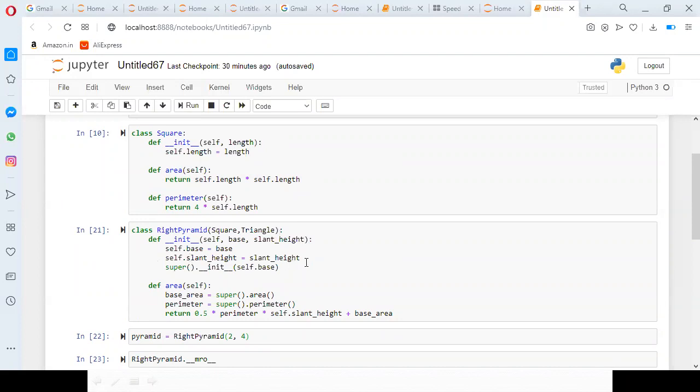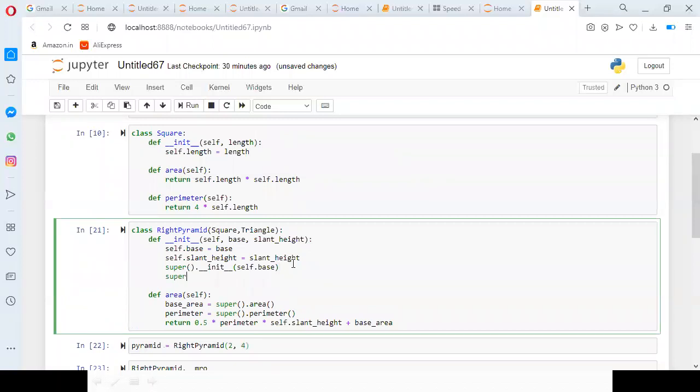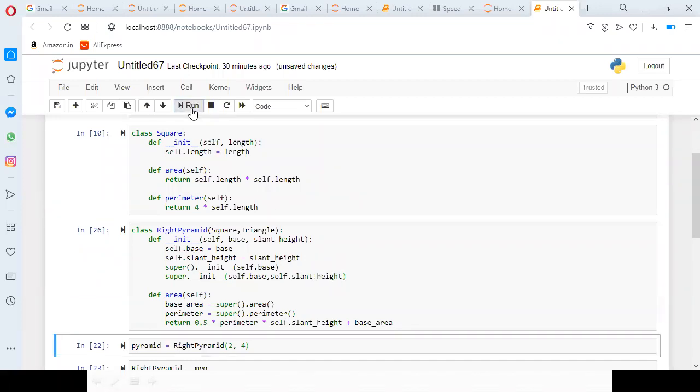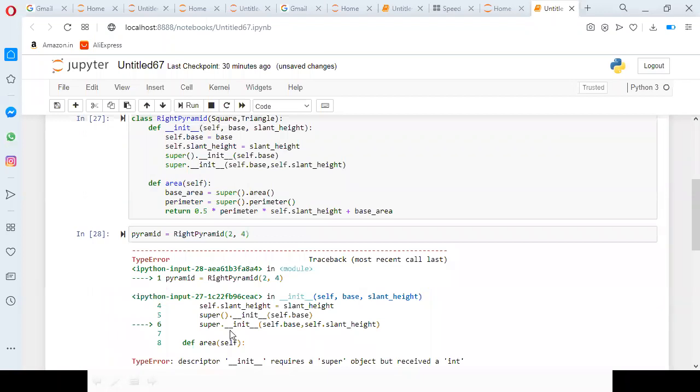So here I'm trying one more example, like calling super dot underscore underscore init underscore underscore with self dot base comma self dot slant underscore height. Whether it is going to execute it or not, we'll check it. Here it is executing, but I'm getting an error: init requires super object but received int.